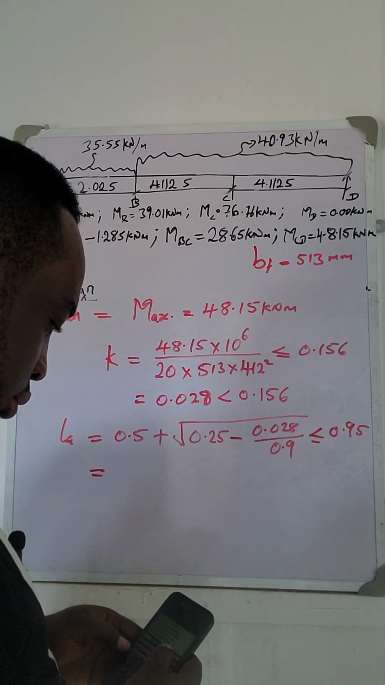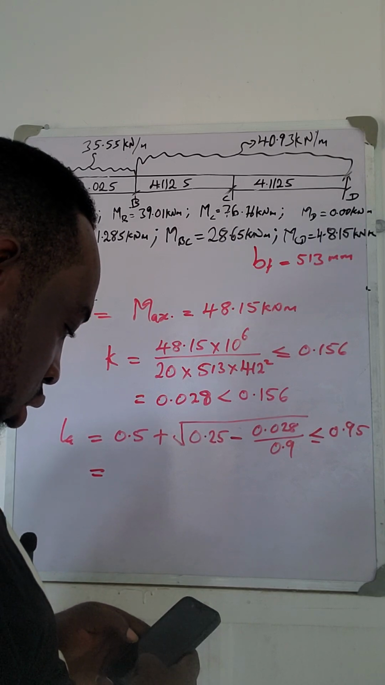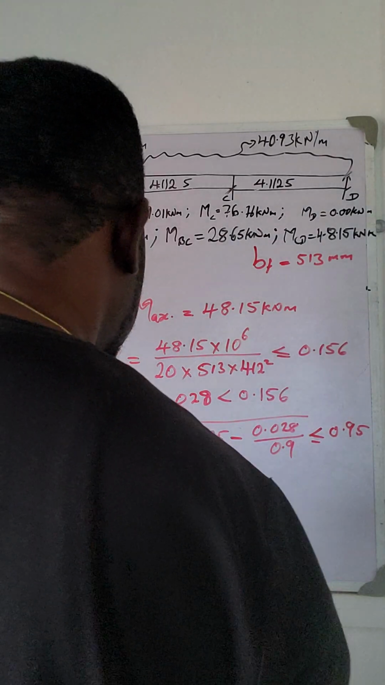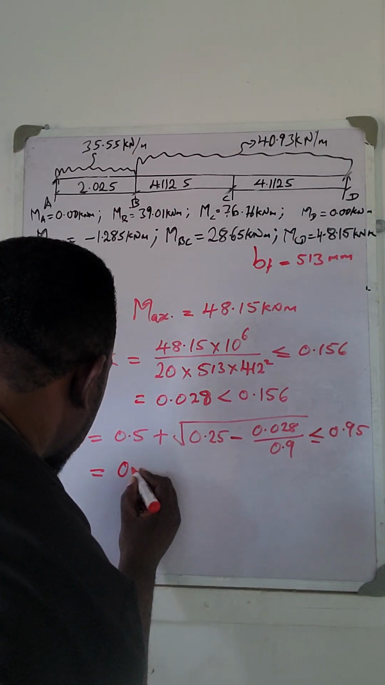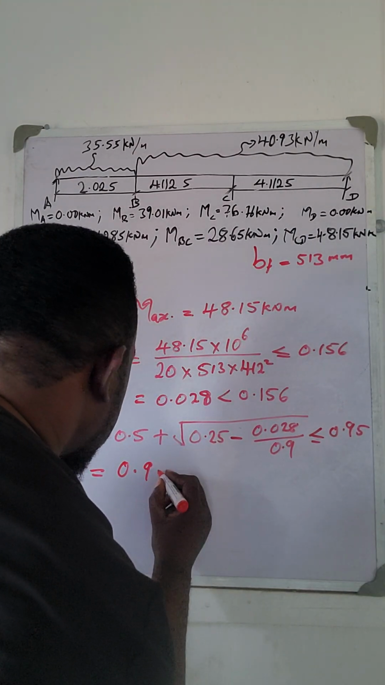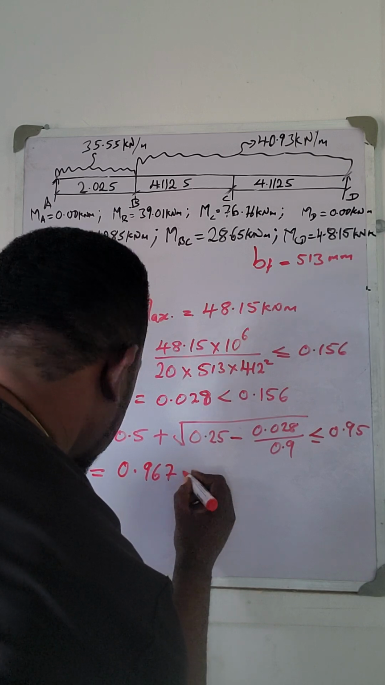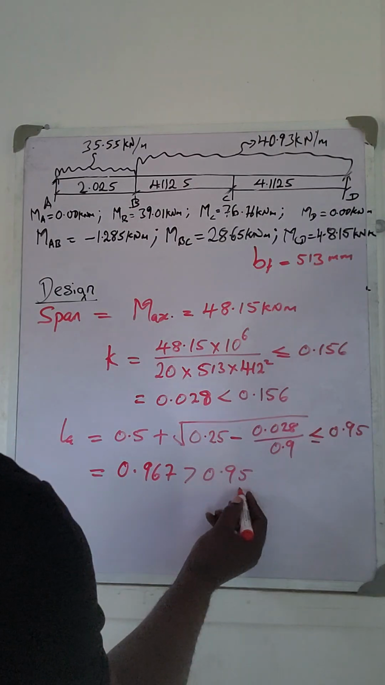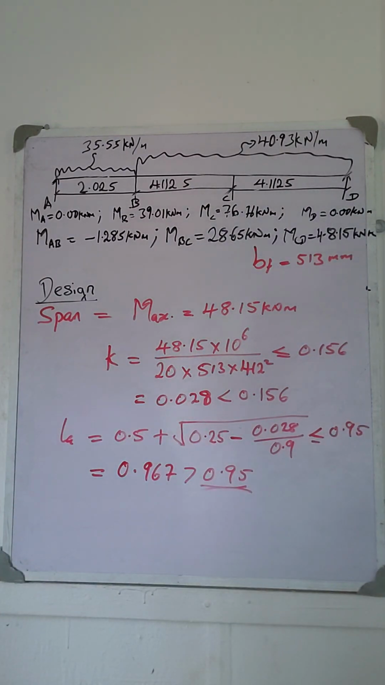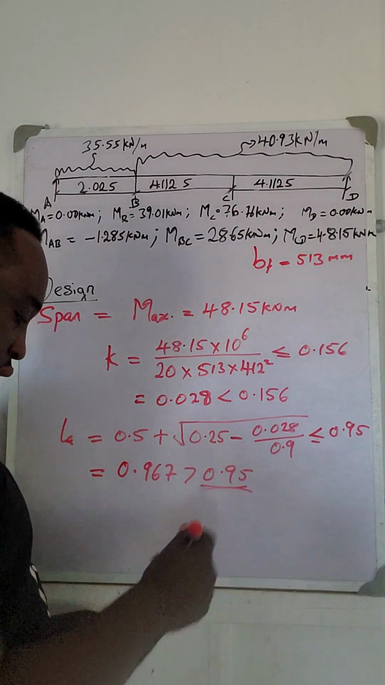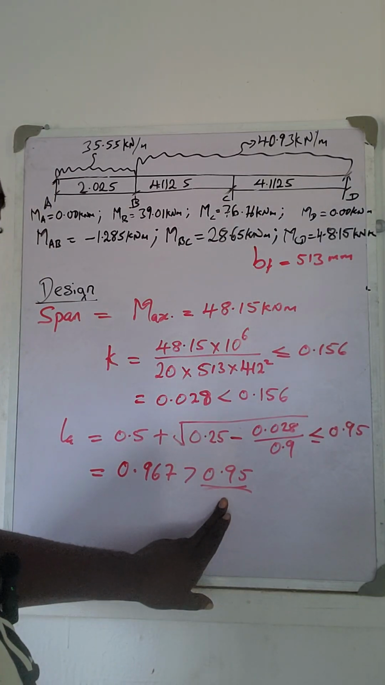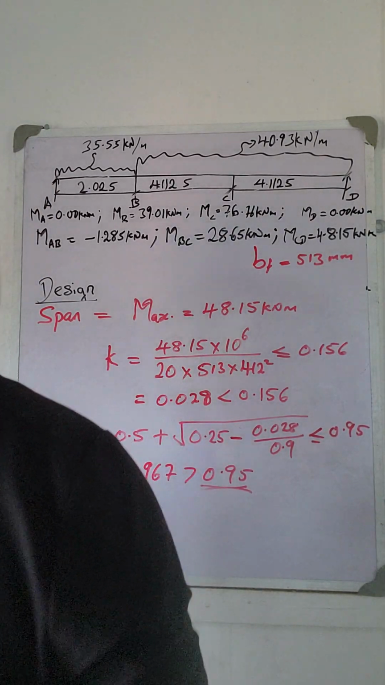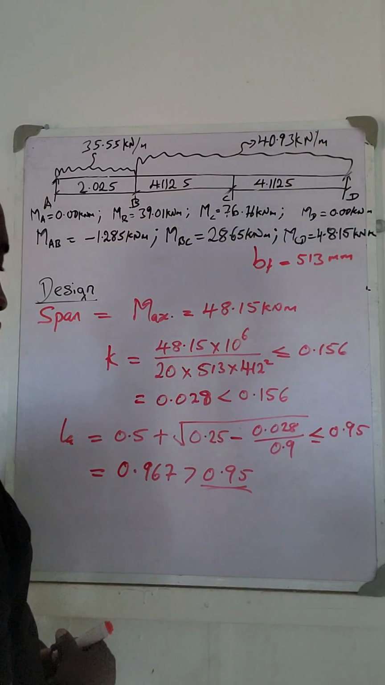0.5. This is 0.967, which is greater than 0.95. So we adopt this value. We use 0.95. All right, so when you move ahead,